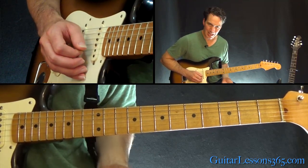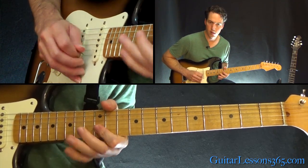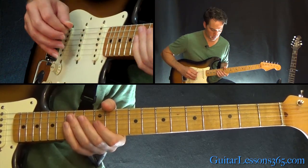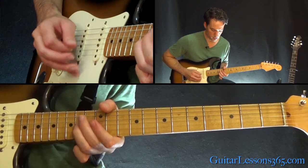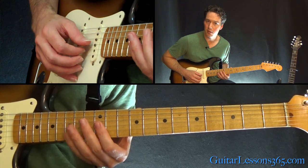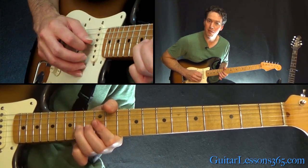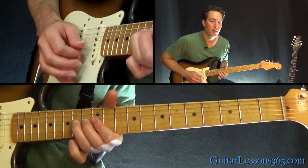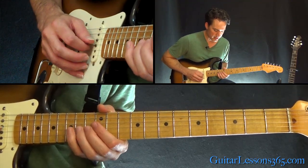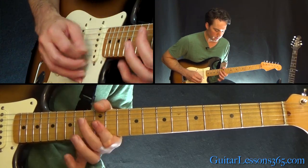All right, now we're going to kind of ascend here. All right, so what's going on there? We have this. The double stops at the 12th fret on the G and the B together. Then 14 on the G. Back to those double stops, and then the 14 again, but this time bend it because it's starting this ascending blues lick, a kind of familiar blues lick there,